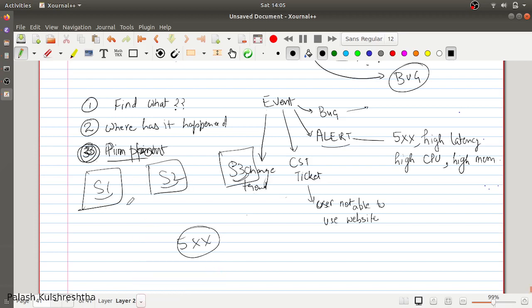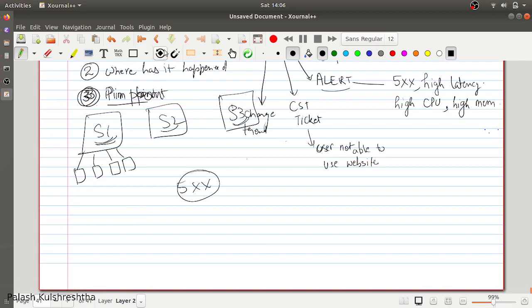Let's say in service 1, a service can have multiple instances running. For example, let's say there are 4 boxes, 4 servers of this service. This is a service, not a server. A service is a collection of similar types of server instances serving the same traffic. Let me try to give you an idea.